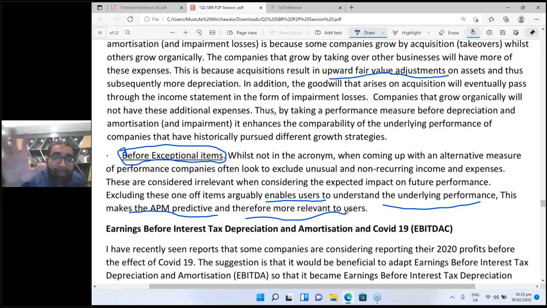Listen, not every part of the world are these APMs in fashion, but in Europe they apply it strictly. Because on the basis of these APMs, stock market analysts predict the future profit of that company by using different figures and detailed working. So if these future profits go wrong, then analysts blame the company's management, that management is not providing proper information to us.